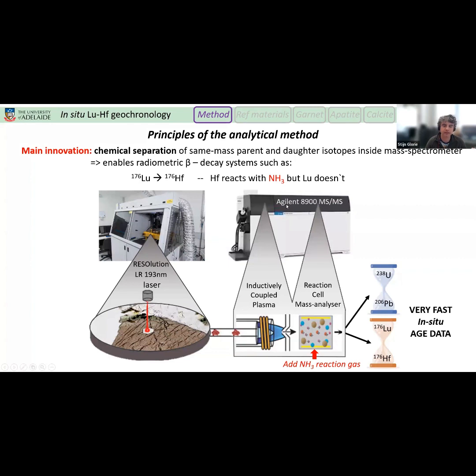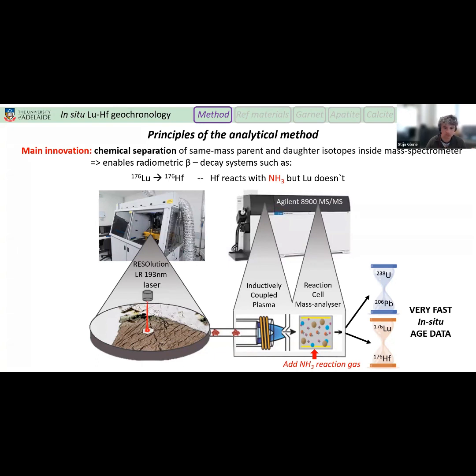We're using an Agilent 8900 tandem mass spectrometry system, which has basically two quadrupoles, and between those two there's a reaction cell. That's the main thing where all the magic happens, inside that reaction cell, where we pump ammonia gas, which reacts with hafnium, but not with lutetium, and that allows us to separate those same mass materials. So the parent and the daughter have the same mass in the system here. Lutetium-176 decays to hafnium-176. Hafnium reacts with ammonia gas, lutetium doesn't, so we can separate them out in that reaction cell